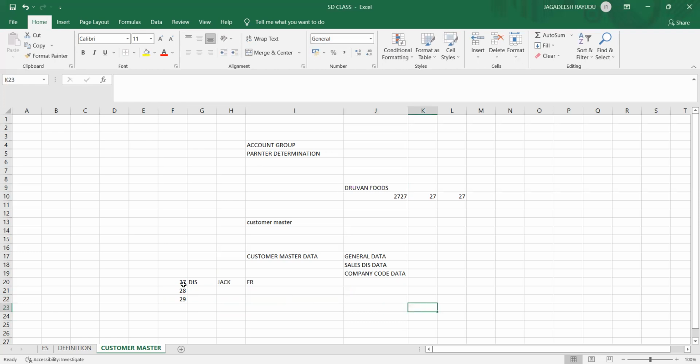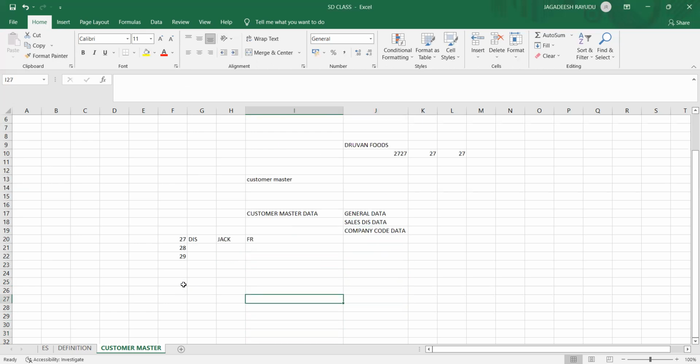So we have 4 mandatory functions in customer master data, and I would like to explain why. Jack raised a sales order to sales organization 2727. He is a distributor, so the distribution channel is this and the division is this. Once he raised the sales order,